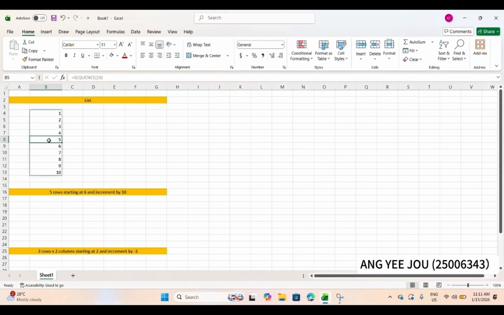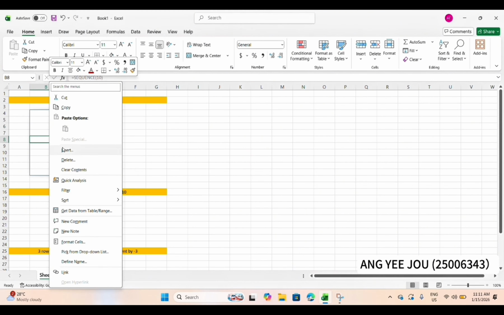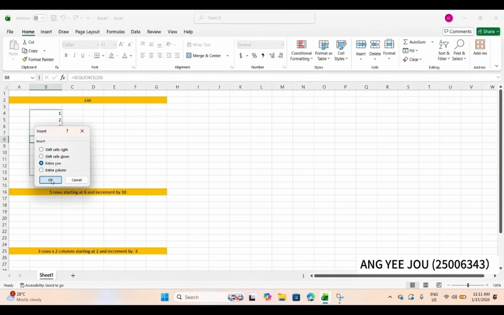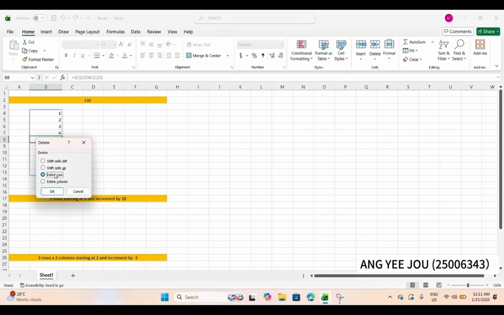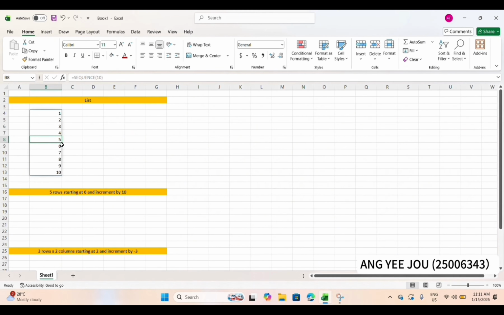And if you want to insert a row, or you want to delete it,